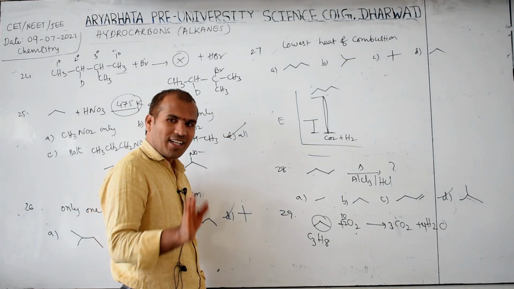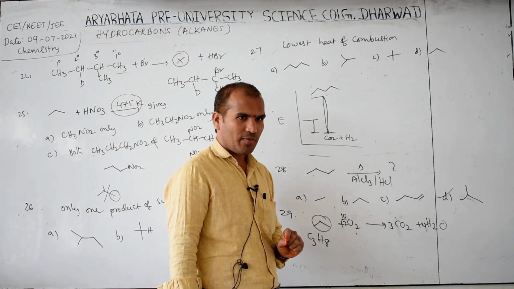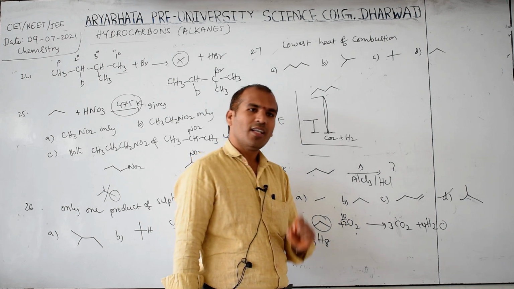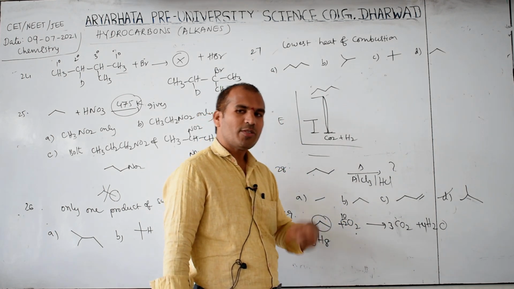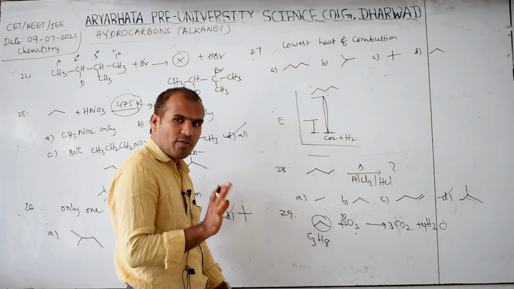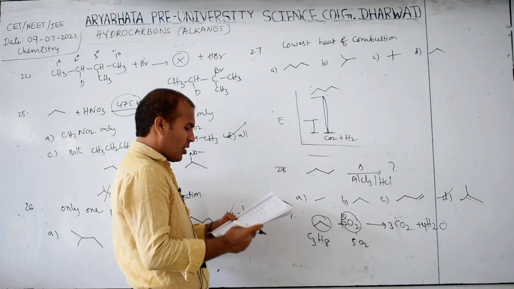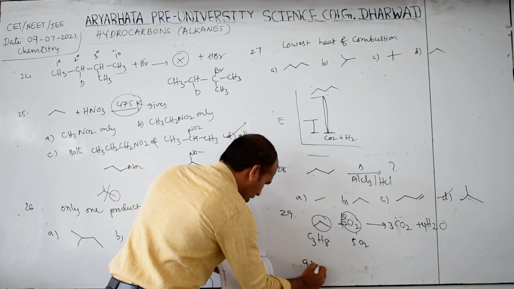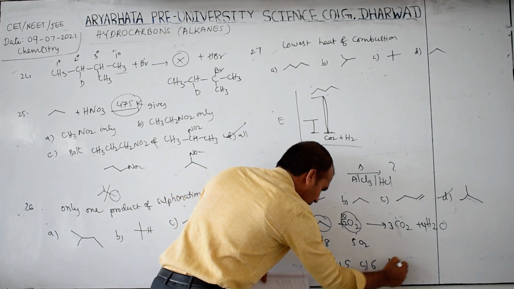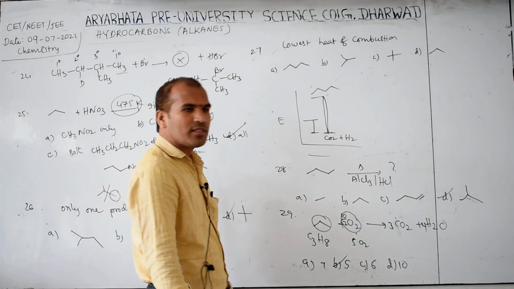So actually like this, because here 5 came, but sometimes an exact value will not come. If 7 by 2 is there, some fraction will come, and you multiply the fraction through to get the exact value. So always you have to balance like this for alkanes. So how much is there? 5 moles of O2. The options given are A 7, B 5, C 6, D 10. Which option is correct? B option. 5 moles of oxygen required.